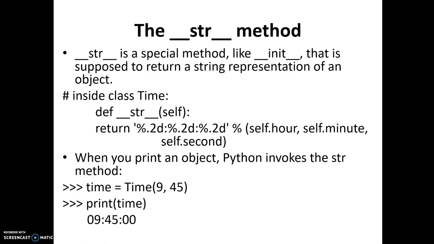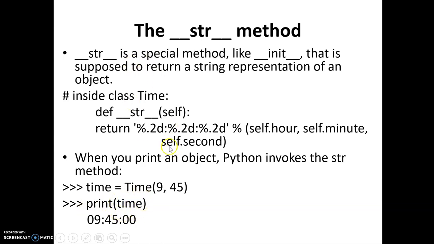So coming to the next method, that is implicitly called when you use the print method while printing any object. The name of the method is the str method, and it is defined as two underscores followed by str and followed by two underscores. Str is a special method like the init method that is supposed to return a string representation of an object. Again, as with the init method, you are not supposed to explicitly call the str method. By default, this str method is invoked when you use the built-in print method with an object of any class.